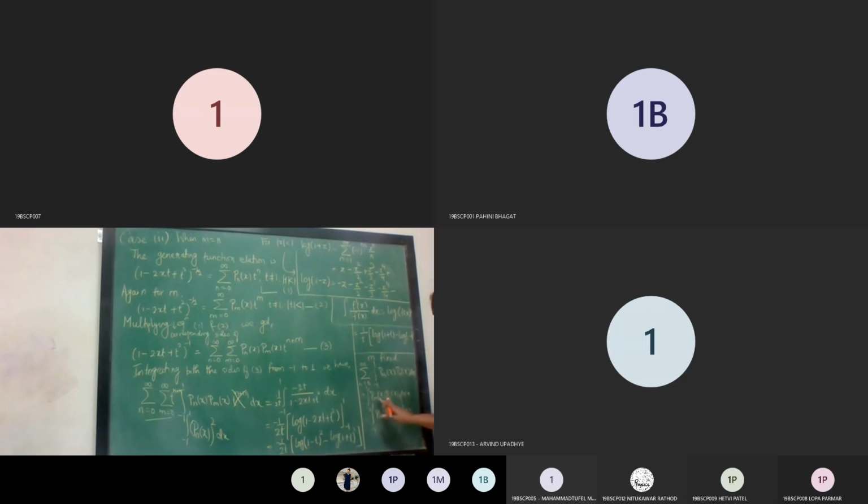तो मतलब कि यहाँ पे जब n is equal to 0 नहीं होगा तो ये इंटीग्रल 0 हो जाएगा, यहाँ पे जब n is equal to 1 नहीं होगा तो ये इंटीग्रल 0 हो जाएगा. Means suppose I fix my n as 0 only, तो यही एक इंटीग्रल बचेगा, बाकी के सारे इंटीग्रल 0 हो जाएंगे. Similarly when n is equal to 1, तो यही एक इंटीग्रल बचेगा, बाकी के सारे इंटीग्रल्स 0 हो जाएंगे.